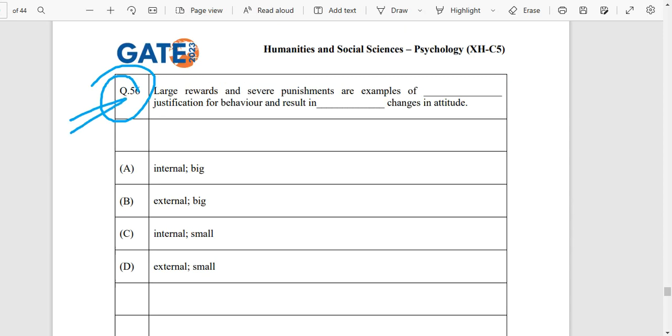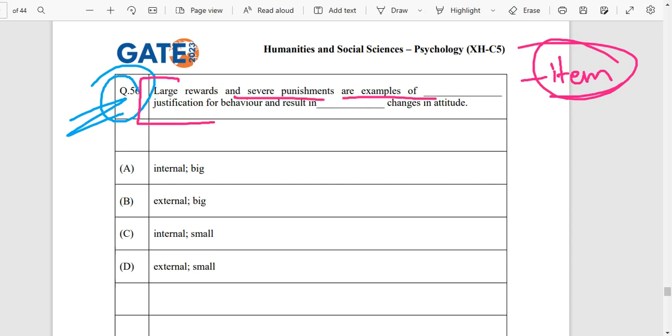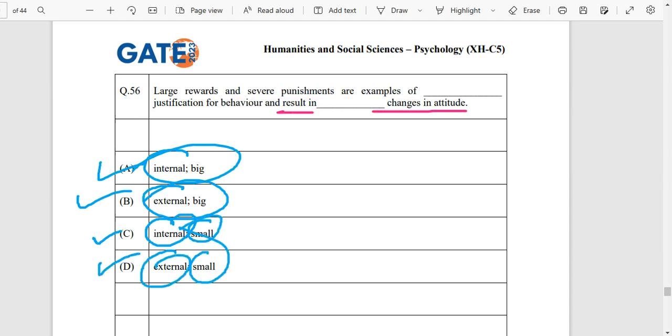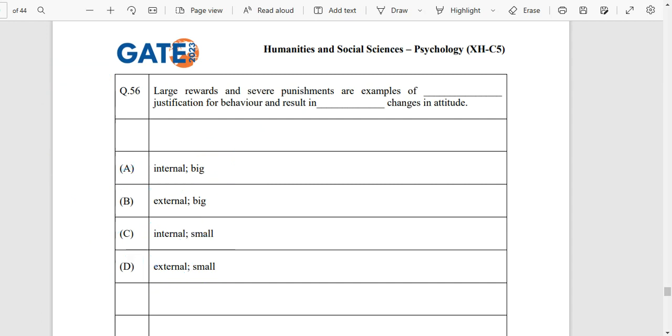Okay, so here we go, question number 56, again an item. Large rewards and severe punishments are examples of dash justification for behavior and result in dash changes in attitude. A. Internal big, B. External big, C. Internal small, D. External and small. So what should be the answer over here? It should be external. Large rewards and severe punishments are examples of external justification for behavior and result in big